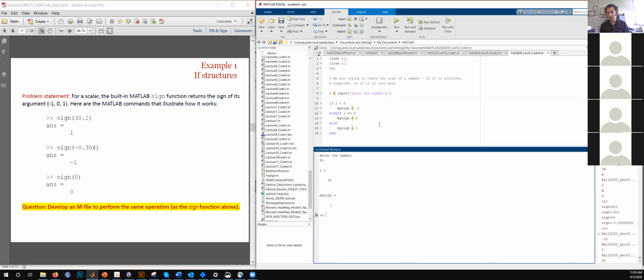So just try to think of it as a series of information that you want to pass on to MATLAB to do the calculation. And you don't really need to memorize any code. Just try to think what the problem is asking for. Any question on this one?